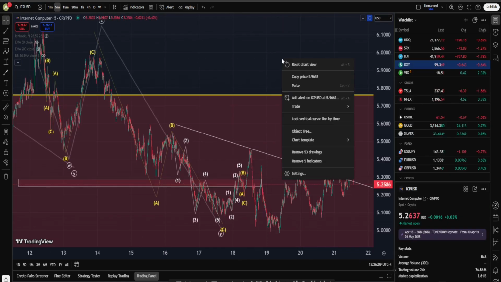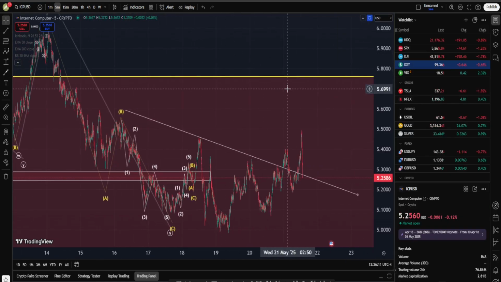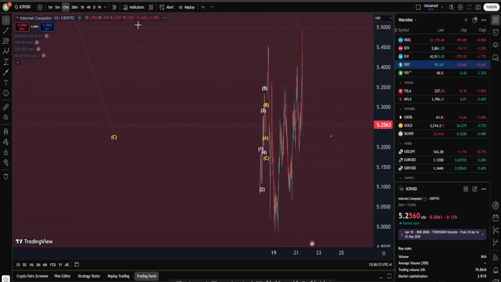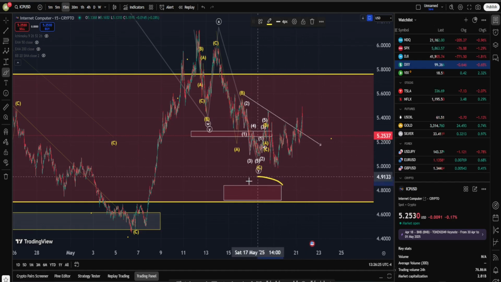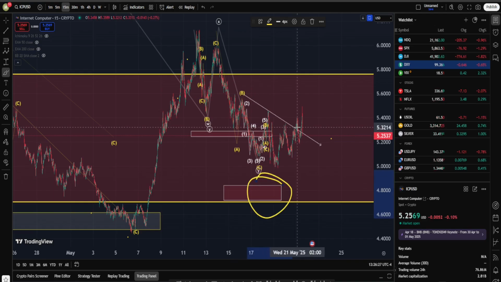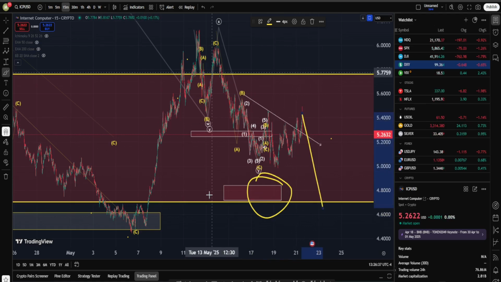So let's have our final conclusion and wrap up today's update. In ICP, I do like to be still optimistic as long as I'm not proven otherwise. Now, one of you guys said in the comments that I was saying before, I'm waiting for this important gap to get filled, and this can still absolutely be in play. Do not get me wrong, but even if we go down and fill this gap, does that mean I'm going to be bearish? No.